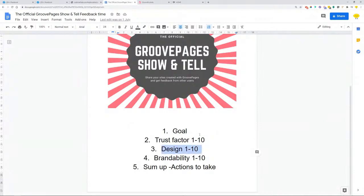So the trust factor, I would rate it as 7. The design of the page is very nice. The content needs a bit more modification, and then the heading. The first thing that people see will be the thing that will